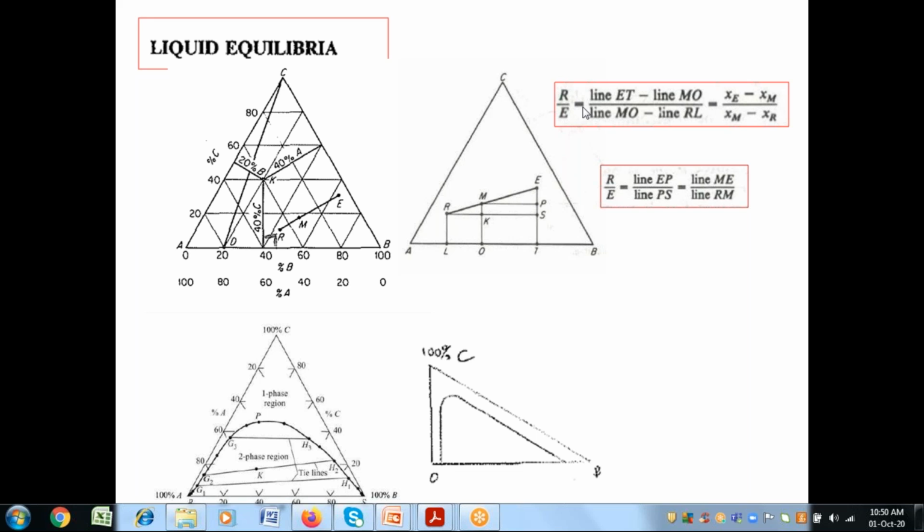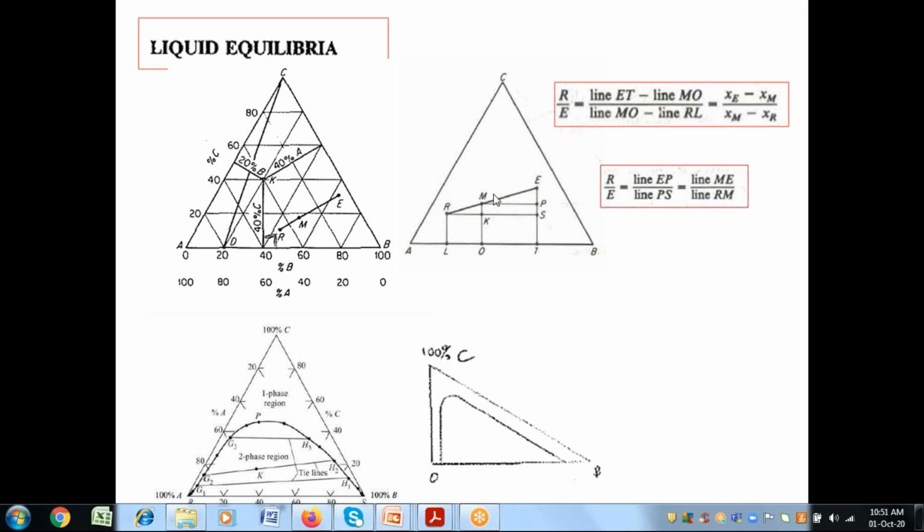R by E is equal to line ET, means ET this height minus line MO this. So this minus this divided by line MO minus line RL. So this will be equal to the composition of the solvent in the extract minus the composition of the solute in the mixture divided by mixture composition minus raffinate composition. So the weight of R divided by weight of E will be equal to this one, because it will